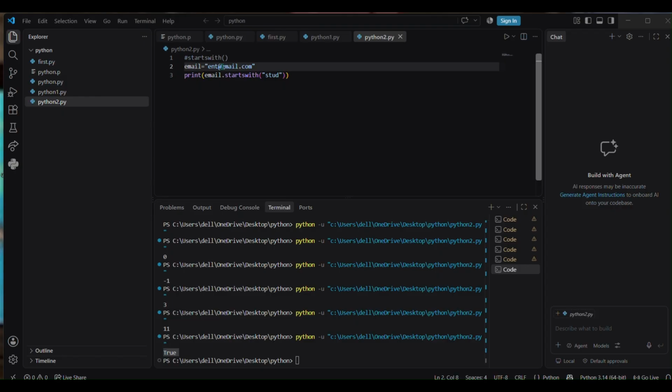Now remove this S-T-U-D over here. Now it's showing you false. Why? Because the word does not start with S-T-U-D. It's starting with ent@gmail.com. So basically, we can say that this is a Boolean function. That means it returns true or false. And its syntax is